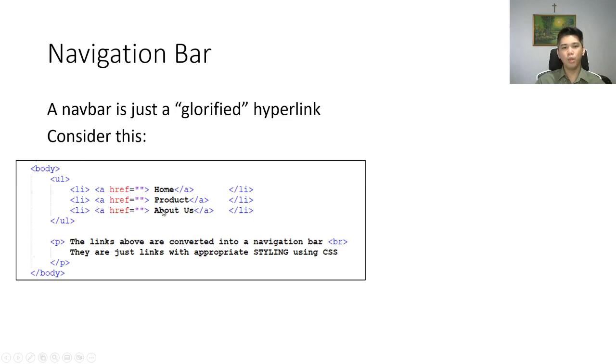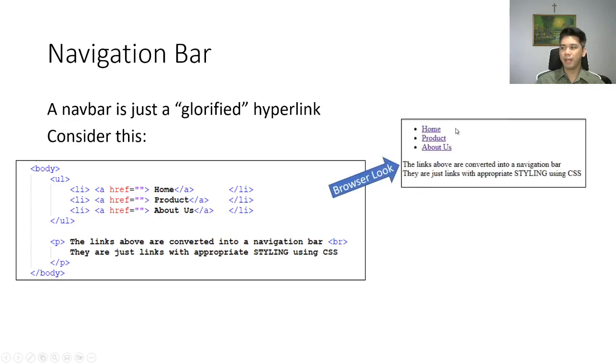If we take a look at this code using a browser, you will see something like this. Of course, it's an unordered list. Definitely, it has markers. So three list items and the content are anchor tags. Therefore, three links